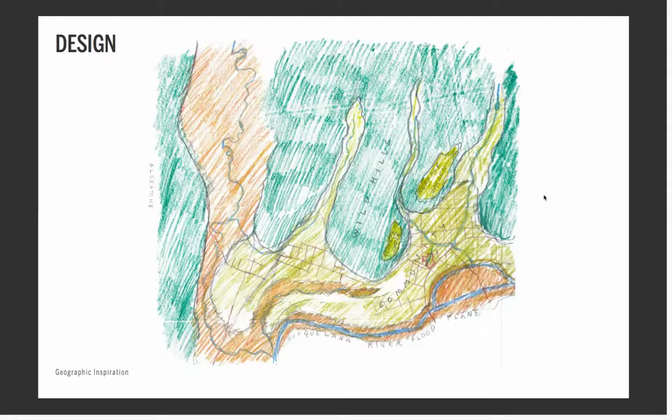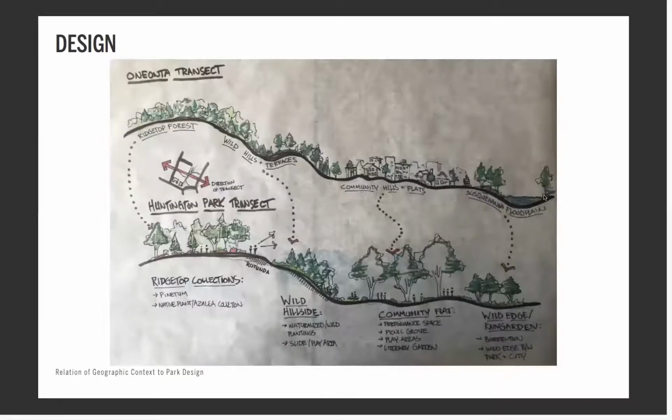And we'll show some of the ways we approach that. Next slide. This is another sketch we did during the design process, and these are both sections. And you can imagine these as kind of slices through the landscape. And this black line here is if you were to take a huge knife and cut through the region,